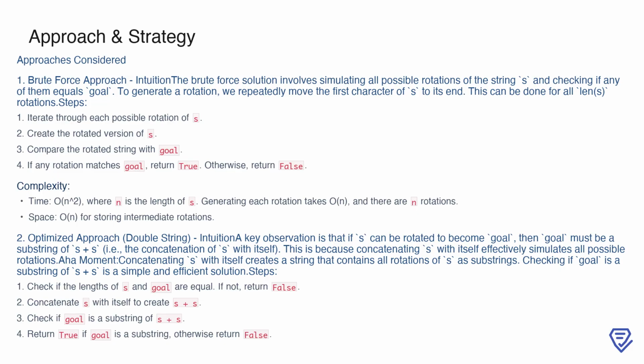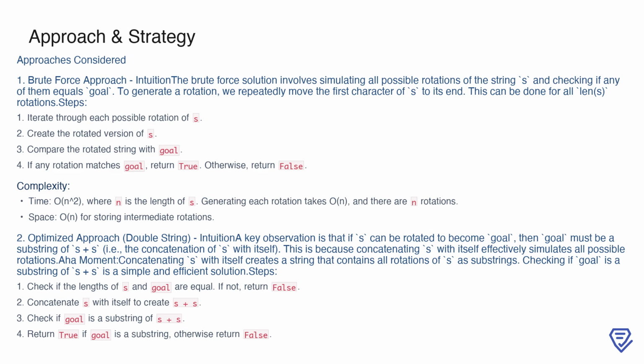However, this approach has a significant drawback in terms of efficiency. Generating each rotation takes n time, and there are n total rotations, resulting in a time complexity of n squared. Additionally, the space complexity is n, because we need to store intermediate rotations. Given these inefficiencies, we explored an optimized approach. This alternative method is based on the observation that if s can be rotated to match goal, then goal must appear as a substring of s plus s, the concatenation of s with itself. By doubling s, we effectively simulate all possible rotations as substrings,